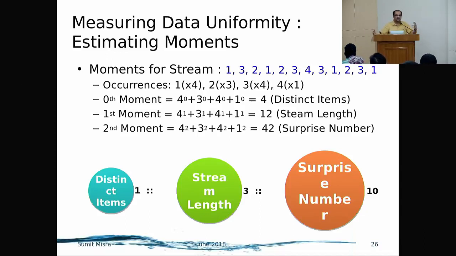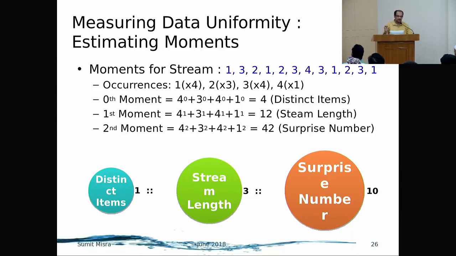Say, suppose people are purchasing from a petrol pump, and this example is integer, so suppose they buy only liters of petrol, you cannot have decimals. I'm just giving an example. So there's a stream of data coming in, whatever those numbers are. You want to understand whether they are very diverse. In other terms, is the standard deviation very high or not? That's what is going on in your mind. You cannot compute the standard deviation so easily in this environment, so you are trying to find out the uniformity of the data.